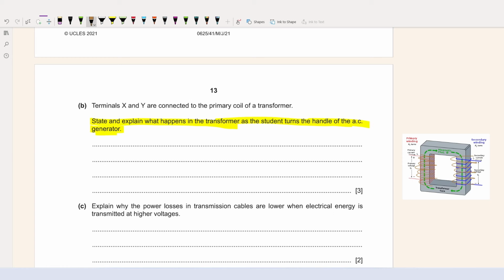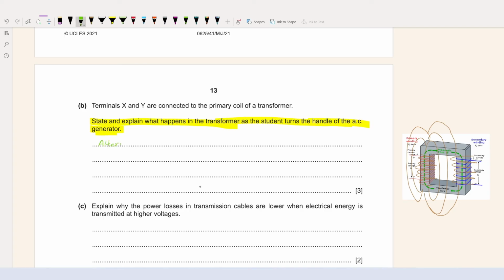Now, when the student starts turning the handle, a field line will be created. Eventually, the field line will go and interfere with the secondary coil, and it will cut the field lines of the secondary coil. And as you know, when the field lines are cut, EMF is induced. So we can write down here